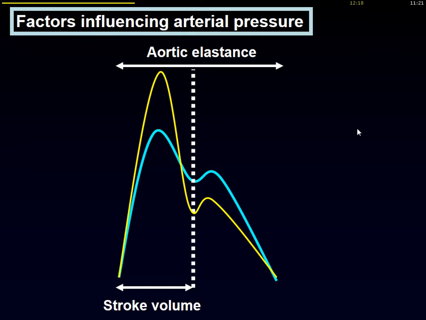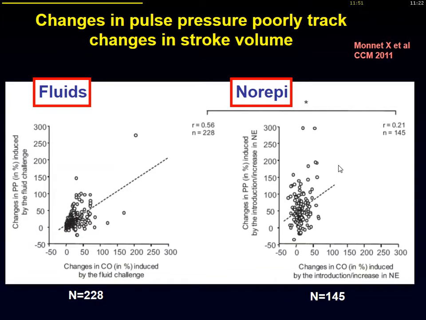cardiac output aspect. And of course, the first part of the slope is mostly related to the stroke volume, because it is the eruption of the stroke volume into the aorta that generates this first part here. But we should not neglect the characteristics of the aorta also. Stiffness, elastance are very important, and even vascular tone may play a role there. And of course, for diastolic properties, it's mostly the aortic elastance that plays a role there. And so it is not